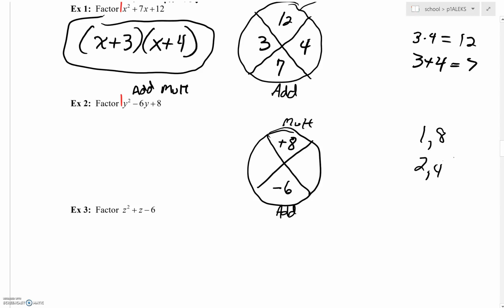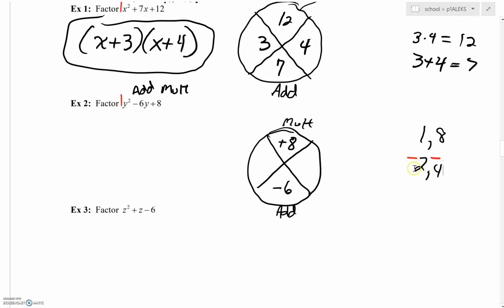Now, the thing is, we're multiplying to a positive 8, but adding to something negative. Do you think both of the numbers are going to be positive to do that? Think about it. Would a positive 2 and a positive 4, or a positive 1 and a positive 8 possibly add to something negative? No way. You're thinking, wow, I look at the 2 and the 4 and it's good. 2 plus 4 is 6, but if you made them both negative, negative 2 plus negative 4 would add up